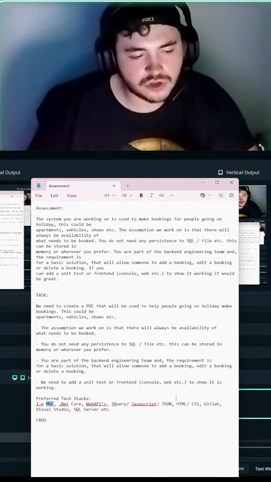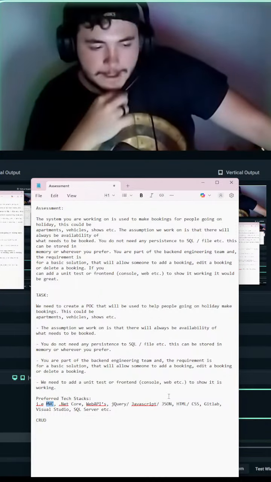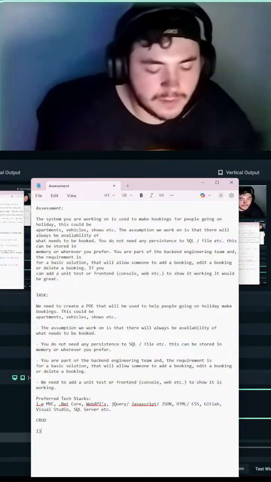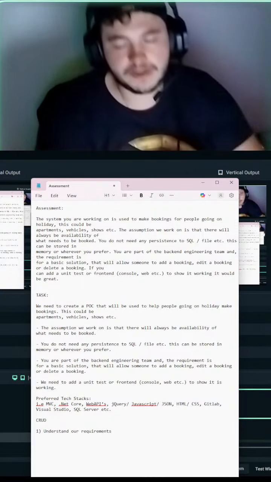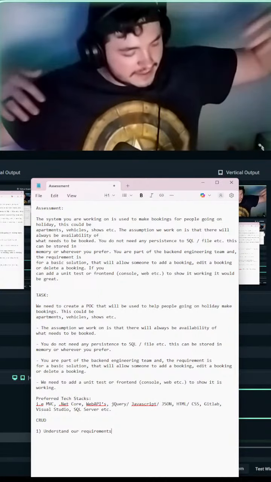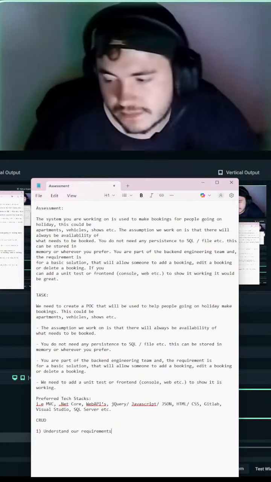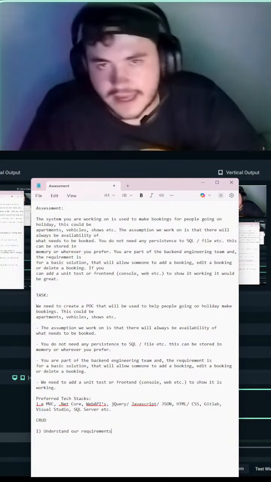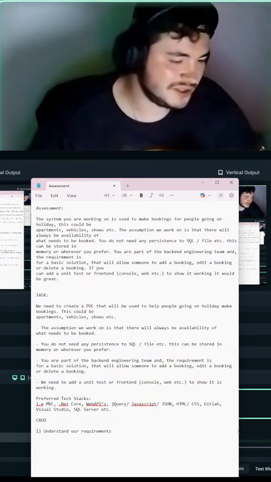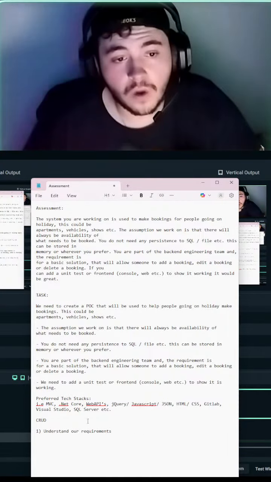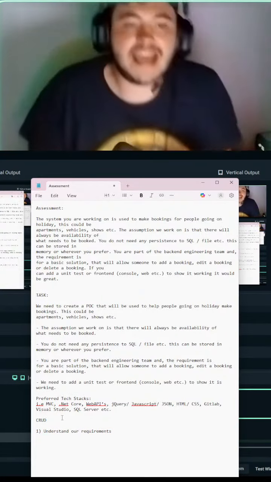So I'm actually going to break down how we're going to go about solving these problems, right? Step number one is literally we need to understand our requirements. I'm going to write that down. I'm going to solve this problem as if I'm doing it literally, like I'm solving the problem. I'm just documenting how I solve the problem. And I'm going to be breaking everything down so that you guys understand and everything is properly researched for when I actually need to explain this solution, right? So we're going to understand our requirements. Nothing else we can go beyond that. So how do we understand our requirements?